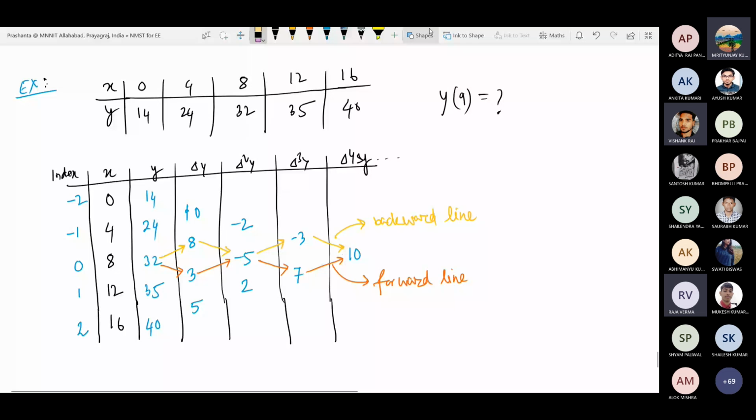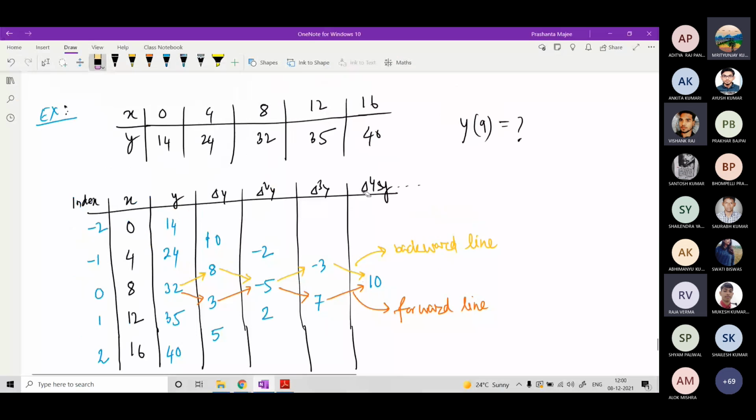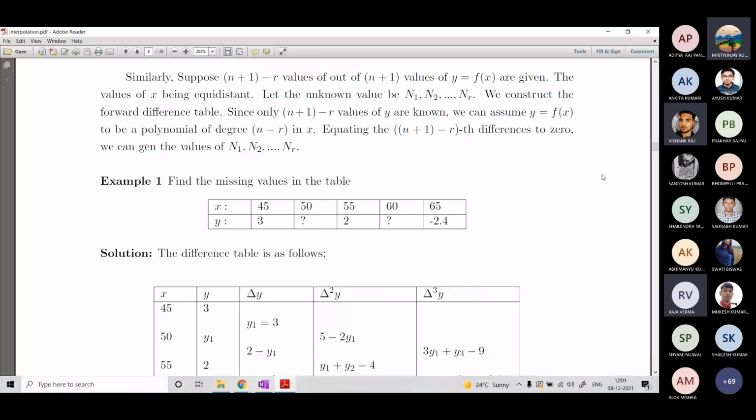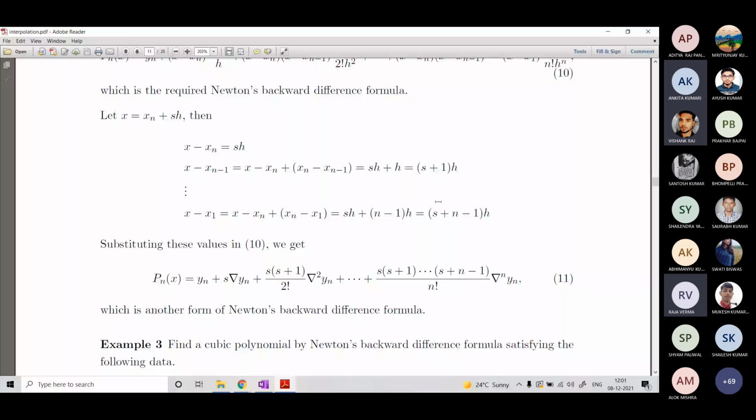So derivation for Gauss backward formula, Gauss forward formula, and Bessel's, Stirling's, and Everett's, those will be discussed in the next theory class. So you see the PDF here. I'll be deriving only Gauss forward formula and Gauss backward formula; Stirling, Bessel, Everett, you'll have to go through yourself, because in the class, if I do it, they will be confusing. You study in your free time. Once you understand Gauss forward, remaining will be very easy.